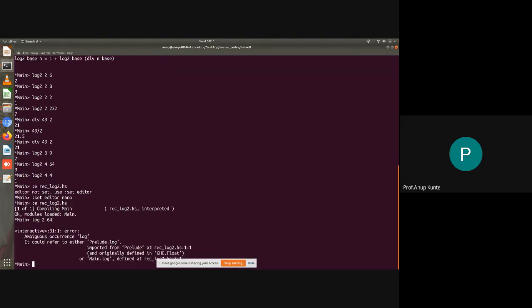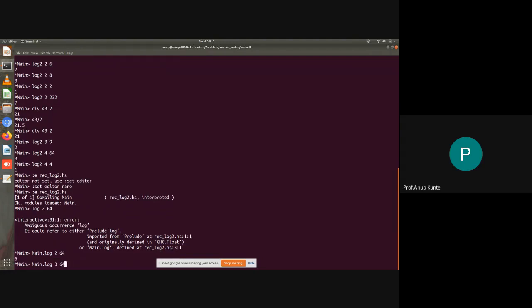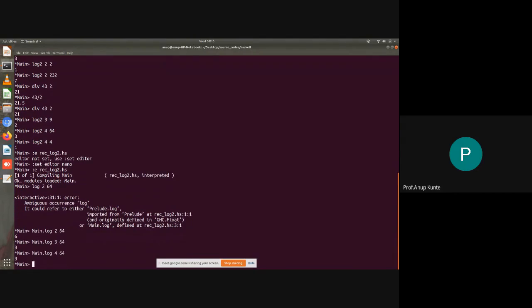Okay, it is actually an ambiguity because Prelude also has a function called log. So I will say Main.log. I want to invoke log from Main. If I use 3, it will give you 3. If I use 4, so I am now computing log to different bases. Now let me tell you what happened here. It says ambiguous occurrence of log. So we wanted to evaluate this function log.